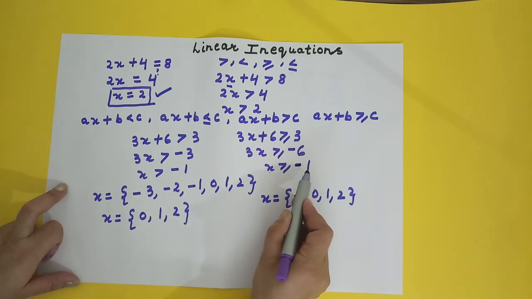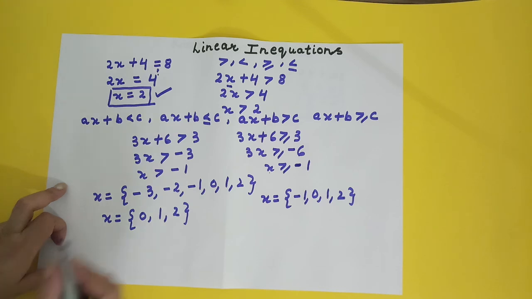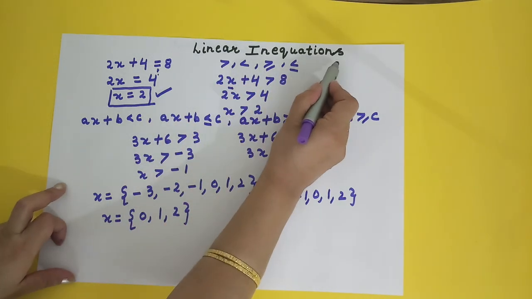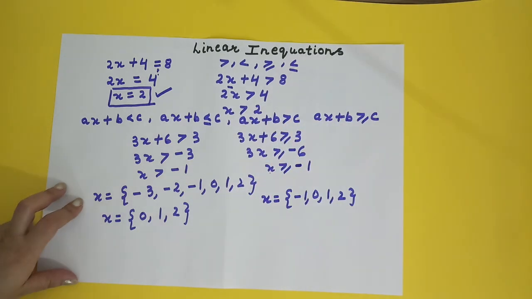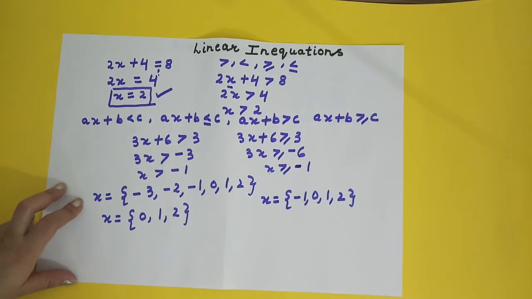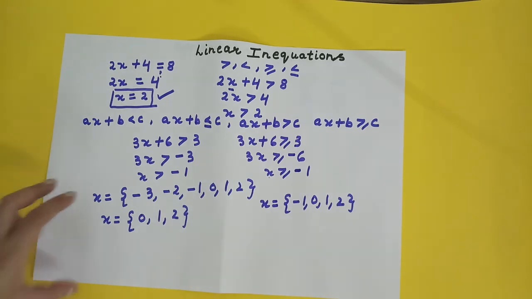Right? Now, let's understand how to solve these linear inequations. We have a certain set of rules by which we can solve the linear inequations. So they always come in terms of